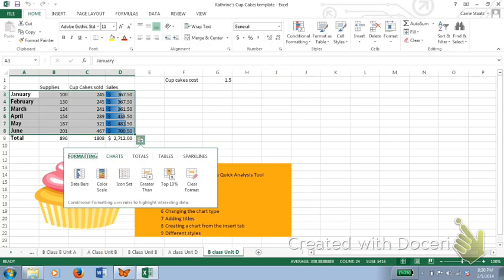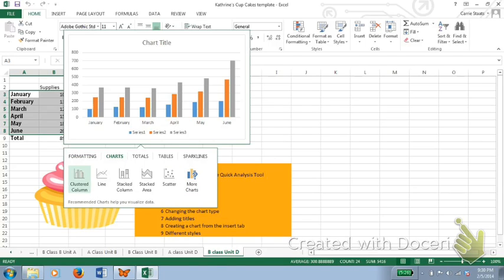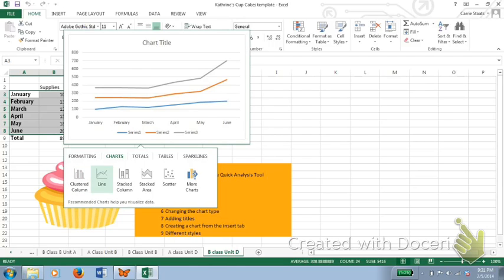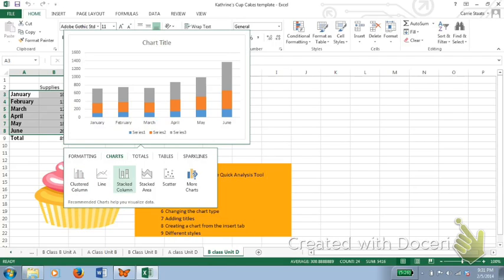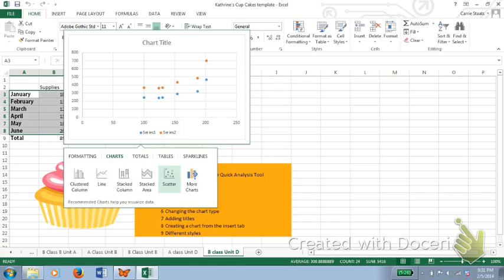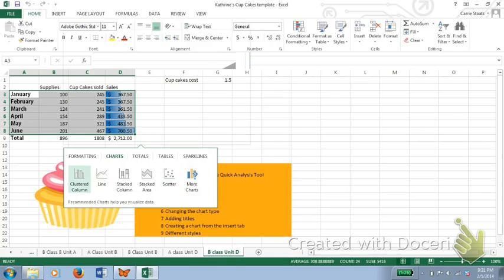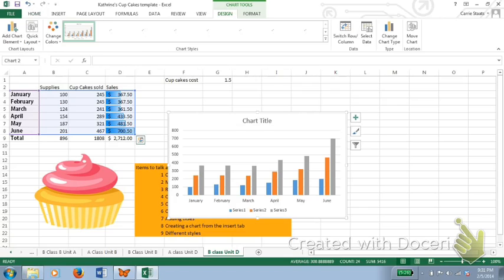And that's what you did. You clicked on charts, and then you picked the cluster column, but you could have picked lots of other ones. And it actually will give you a preview of what it's going to look like if you hold your mouse over the top of them. We're going to do the cluster column one. Okay? And then next on your list,